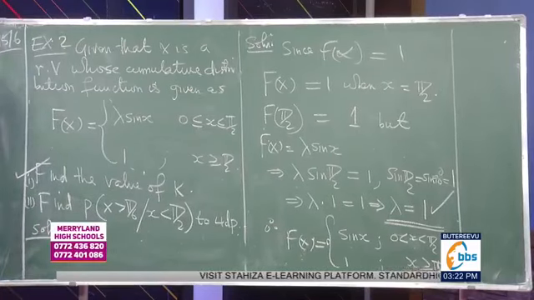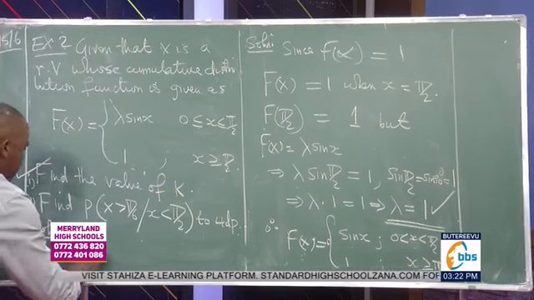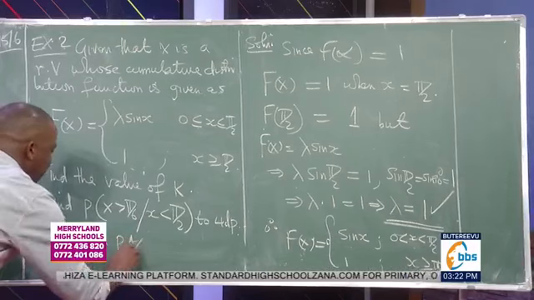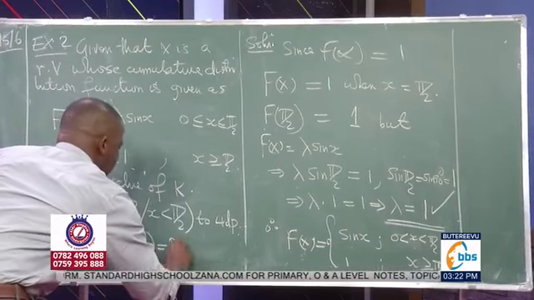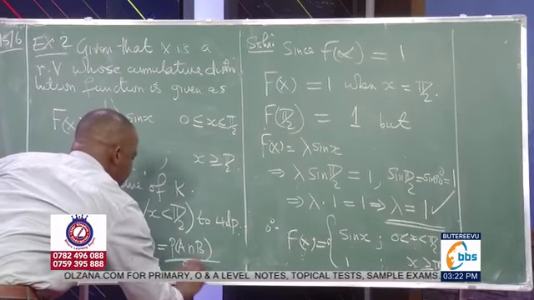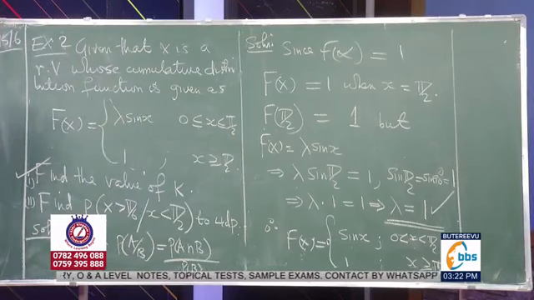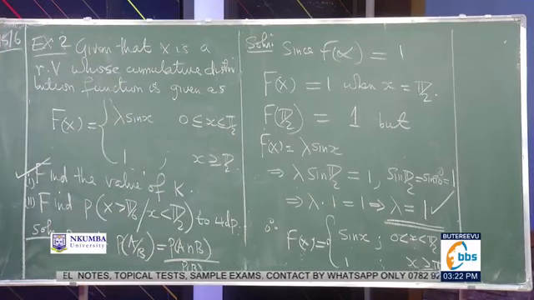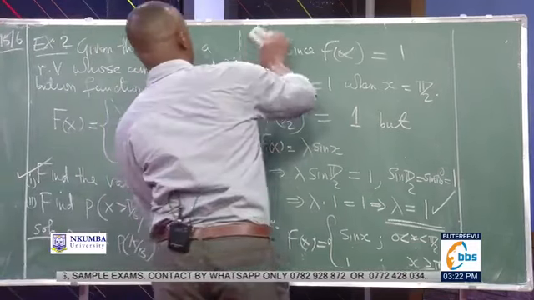We have not looked at conditional probability, but remember that P of A given B is the same as P of A intersection B over the P of B. This is the concept we are using here. So if I use that concept,